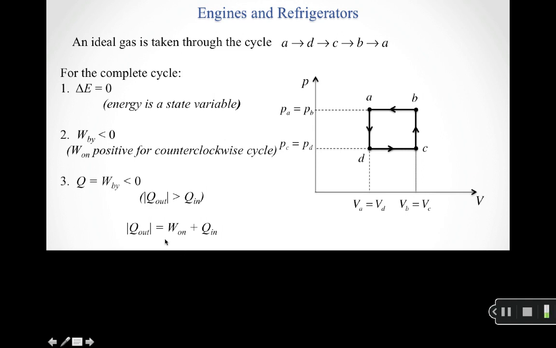And so there's a relationship that defines how this happens. For this particular cycle, my system takes in some amount of energy as heat, and then I do work on that system. It combines these two terms and dumps all that back out. So it takes in some energy as heat, I do work on the system, and then the sum of those two things gets dumped back out as heat in this Q out term.